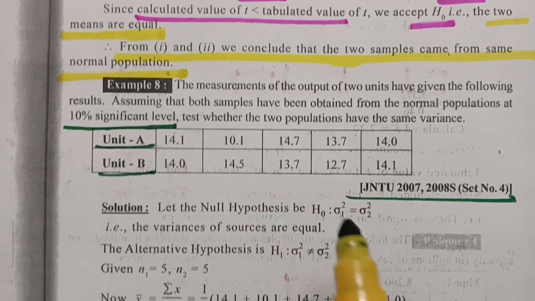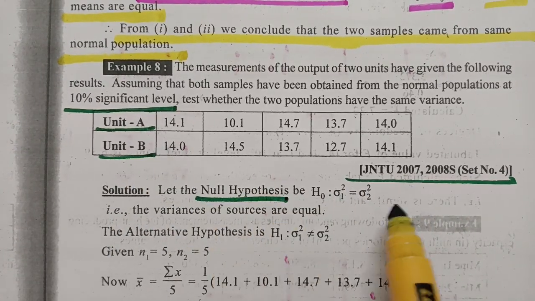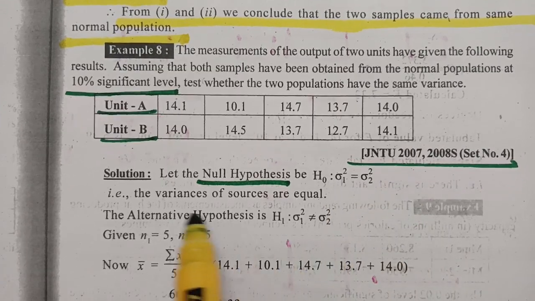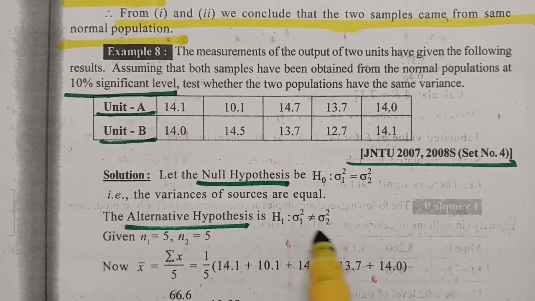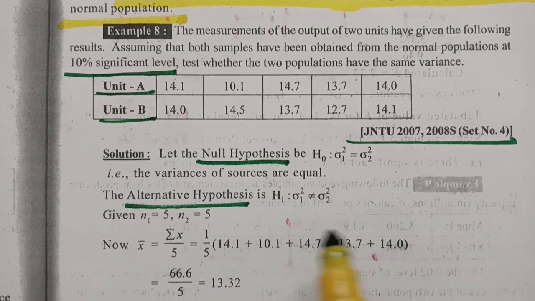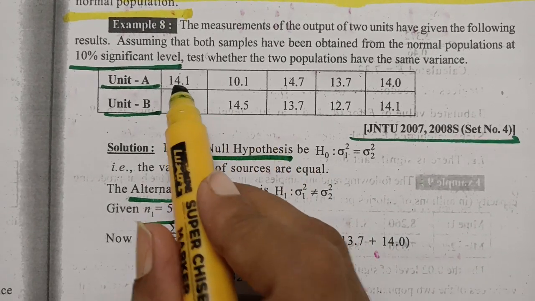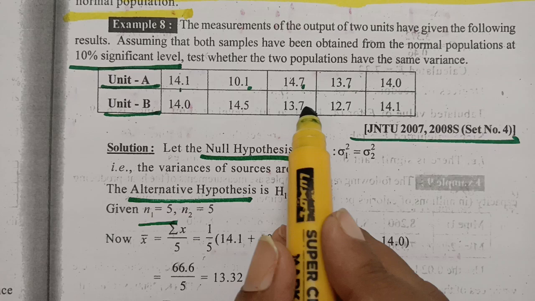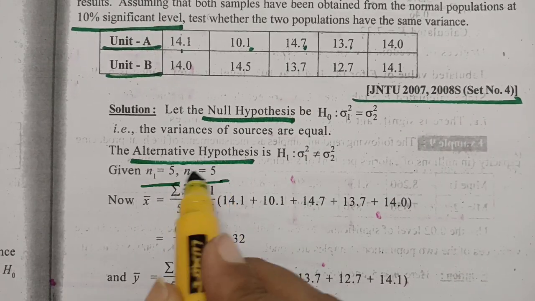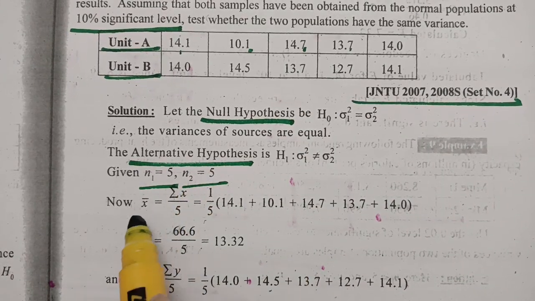As usual, the null hypothesis is sigma 1 square equals sigma 2 square, and the alternate hypothesis is sigma 1 square not equal to sigma 2 square. Here n1 is equal to 5: 1, 2, 3, 4, 5. Here also 1, 2, 3, 4, 5. Clearly n1 and n2 are equal to 5. And x bar is equal to